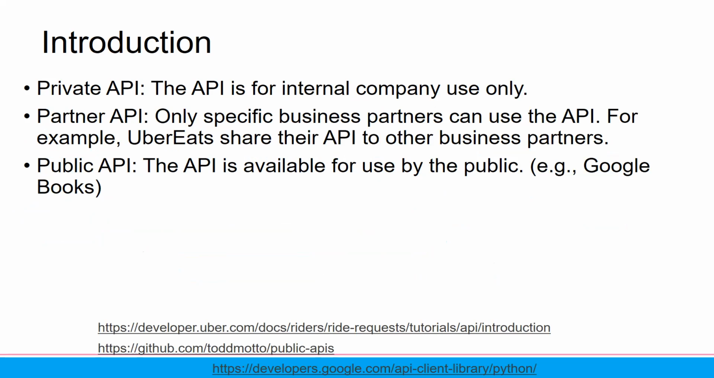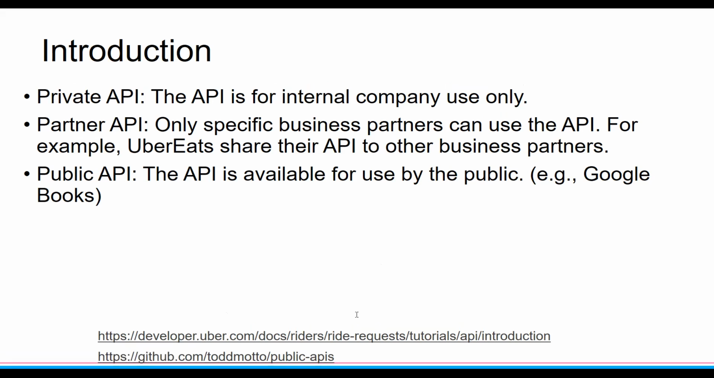And then the other kind of API is partner API. So we have specific business partners. Let's say, if you are using your application, maybe Uber Eats, or maybe some other kind of application, I give you some link here. You can take a look at this link. This is the Uber API. If you want to take a look,